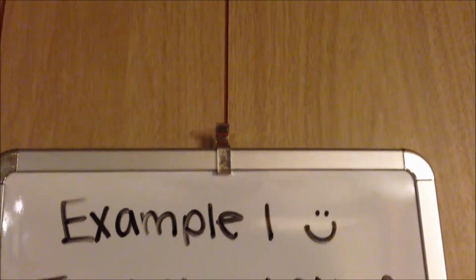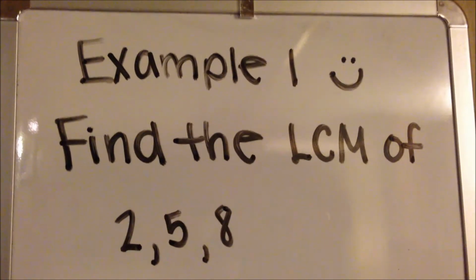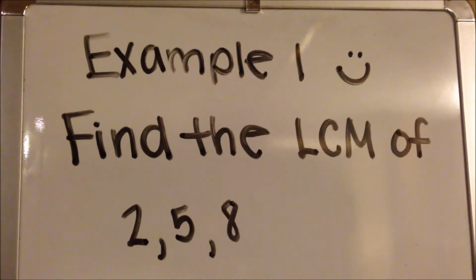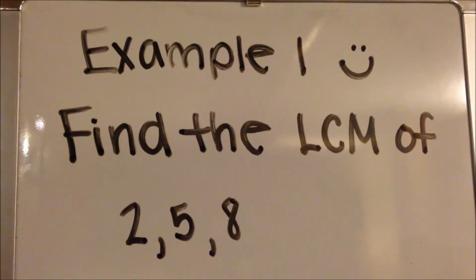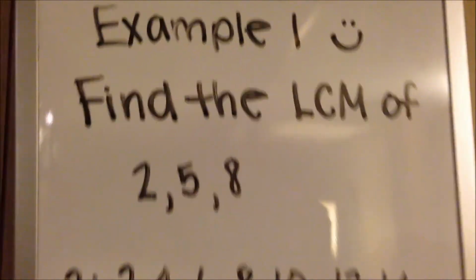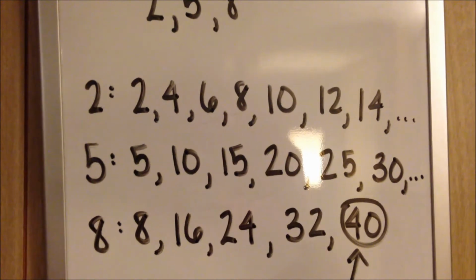Okay, let's try an example. Find the least common multiple of 2, 5, and 8. Well, let's use the easy, quick way. Take the largest number 8 and calculate multiples of it, and see if you can figure out what the LCM is. Now, just to show you, if we were to work through all three numbers, in terms of the number